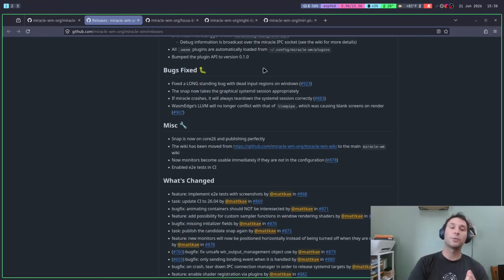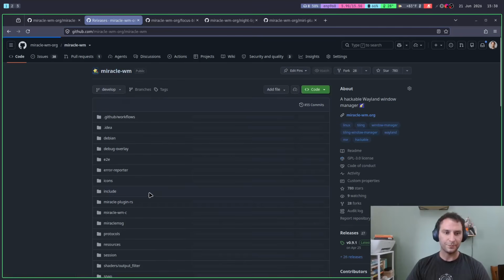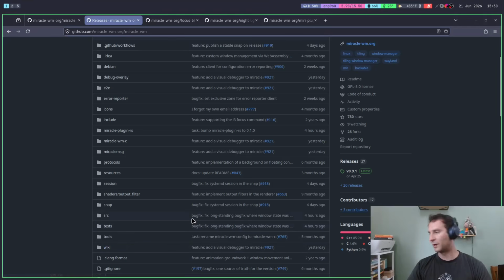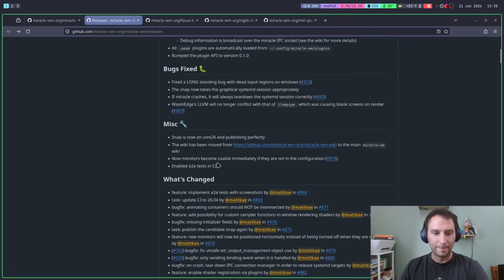The second important thing to note is that the wiki has moved into the main miracle-wm repo rather than being in its own repo. It just didn't make sense to have it elsewhere. And then there's some other things, but you don't have to worry about that. Oh, actually, you should worry about one thing, which is